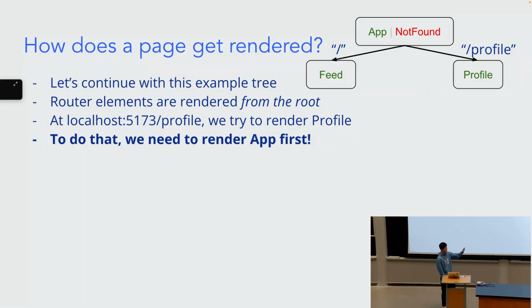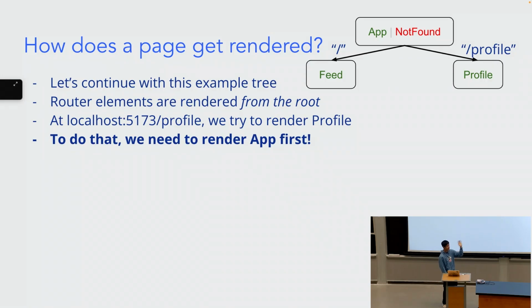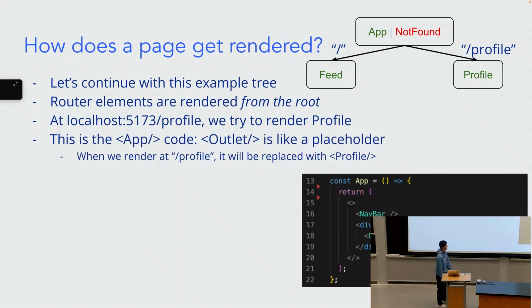If we continue with this example tree, router elements are always going to be rendered starting from the root. So even at localhost 5173/profile, we try to render profile, but in order to do that, we have to render app first. So what does that mean exactly? If we go into the app code,